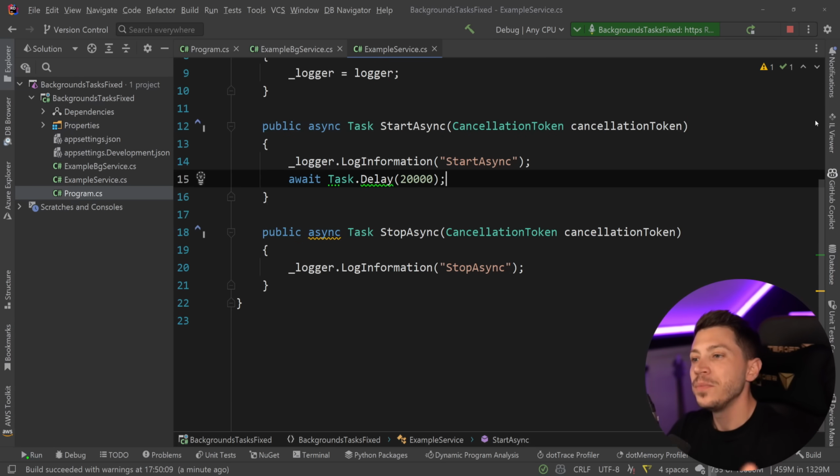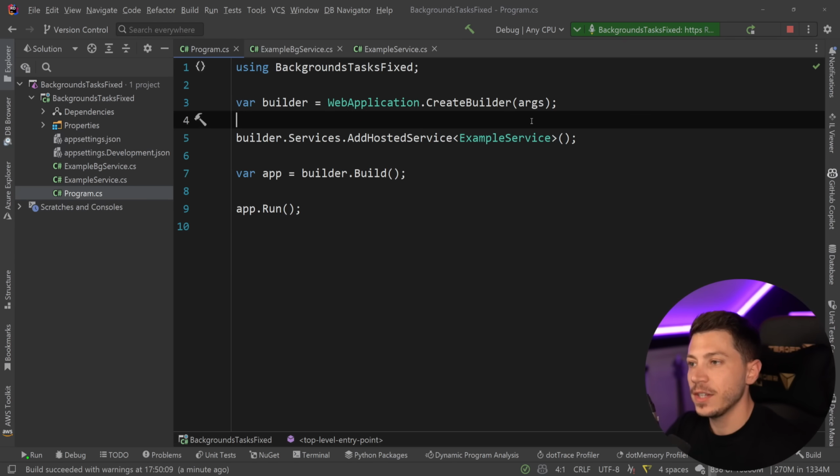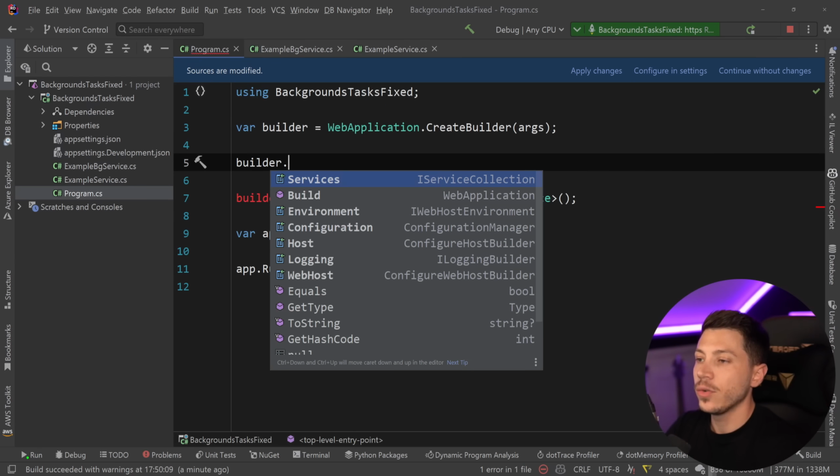What I've seen people do is they were wrapping things into tasks and Task.Runs and so on, and that is easy to mess up as well. So that is one of the things that we're finally getting fixed in .NET 8. Now, the way this is fixed is actually very simple. Now in the service configuration, I can say